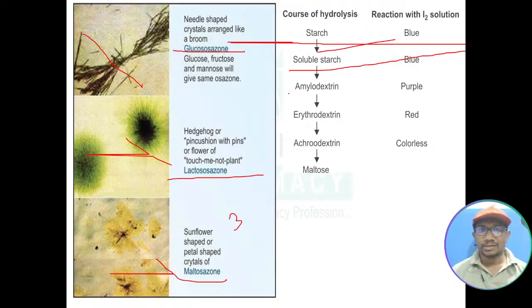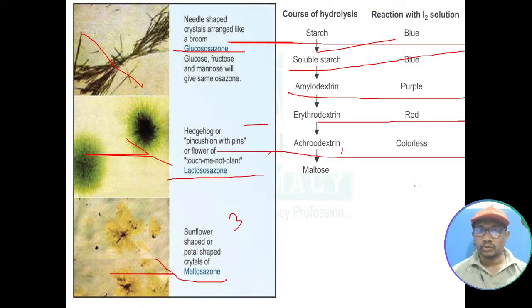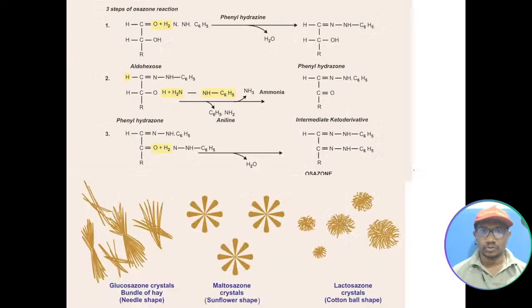Then soluble starch, if hydrolyzed, you will get two parts, amylose and amylodextrin. Amylodextrin will give you purple color with the iodine. Then erythrodextrin will give you red color. Then acrodextrin will give colorless. Okay? Then it will give maltose. So remember here also,